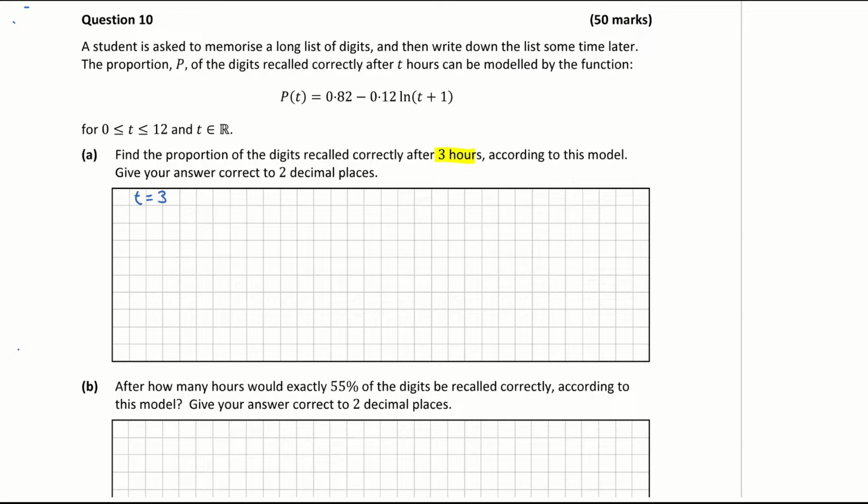So I'm subbing in 3 for t into my function. So everywhere I have a t, I'm basically subbing in a 3. So I'm basically finding p of 3. So that's 0.82 minus 0.12 ln of 3 for t, and then add on my 1. So that's giving me p of 3, which is, when I work this out in my calculator,